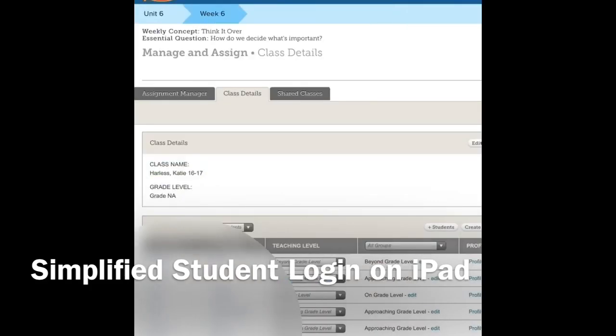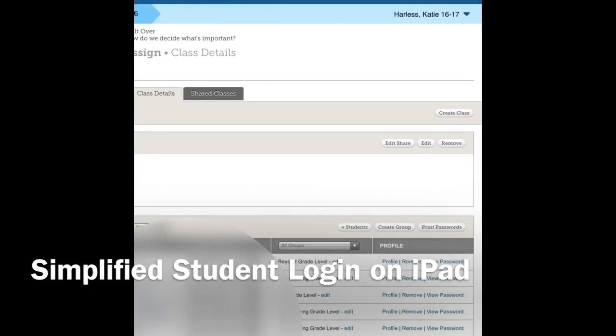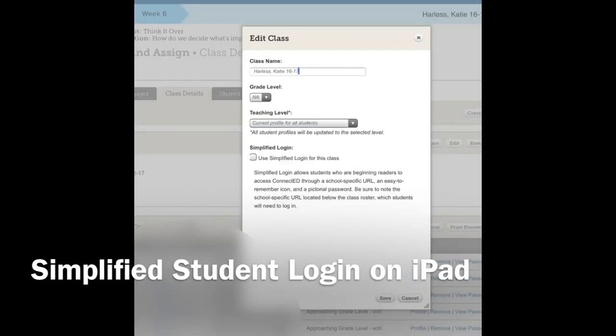From that page, you will see a list of your students, and you will see your class name and grade level. What you will do is scroll over and hit Edit, and then it will bring up this box, and if you look, there is a title called Simplified Login. All you have to do is click that box,